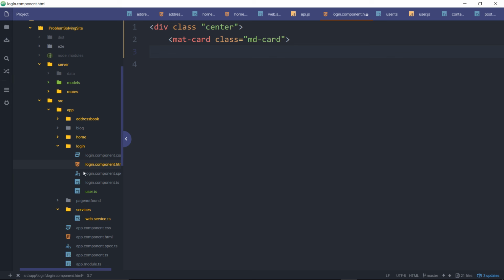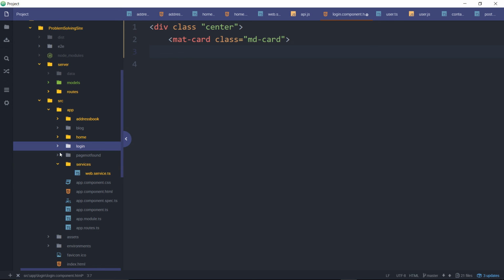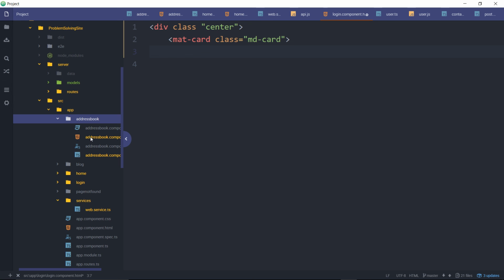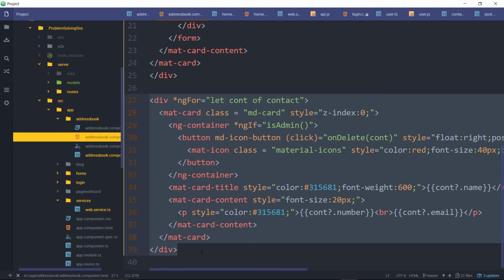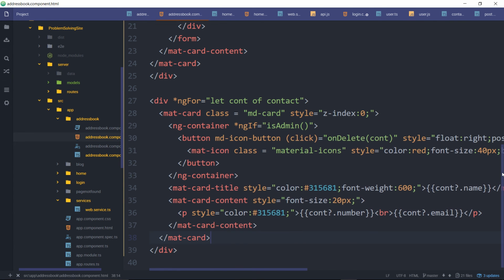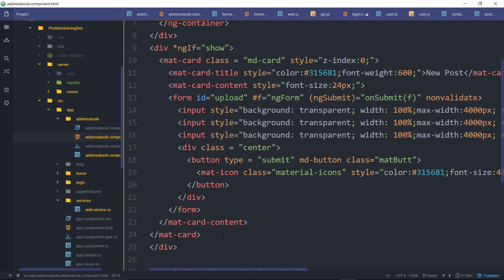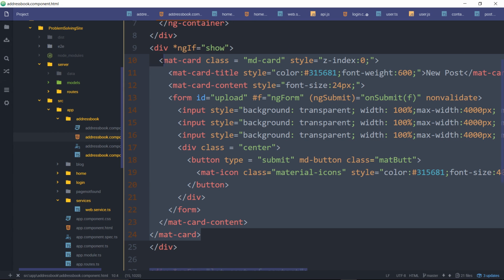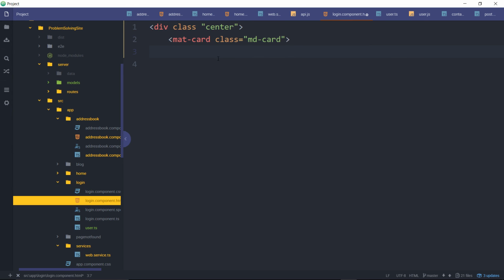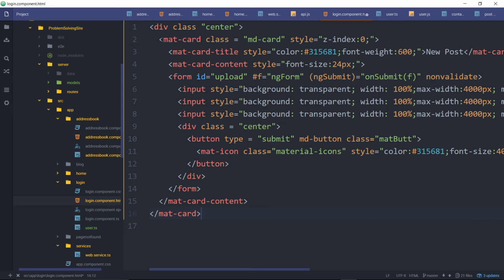Alright, I'm going to copy again. So we're going to go to log, because that one's actually the closest. The form, actually, this is actually what I want this time. We're going to go to md-card. Yep, copy. Then I'm going to go back to the login HTML. Yep, paste. Alright, cool. So then the title is